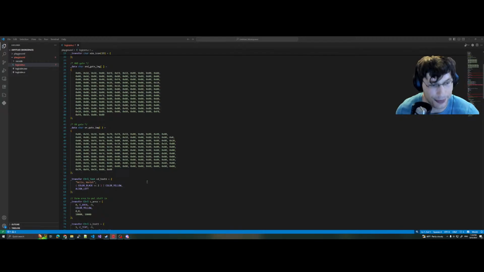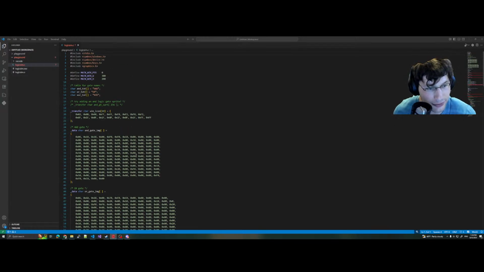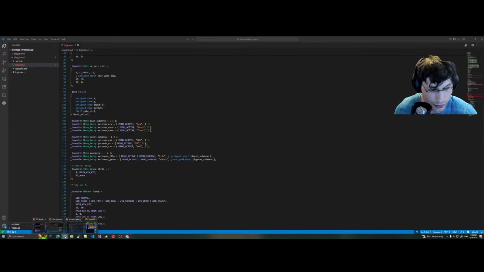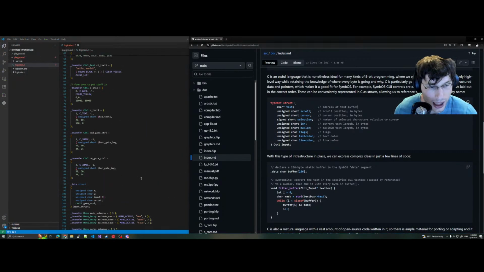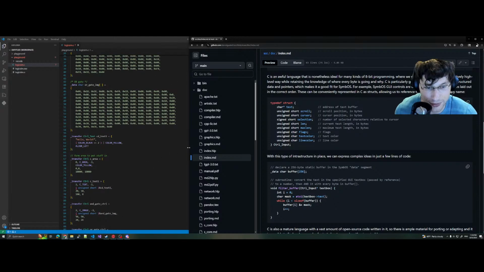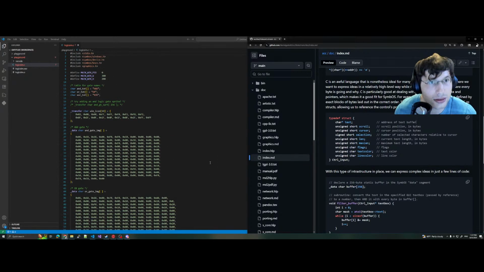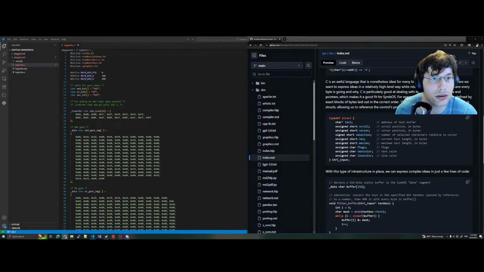Basically what's happening here is we have a C program specifically for SymBoss. But as you might see, it looks a little strange. And that is because, how do I